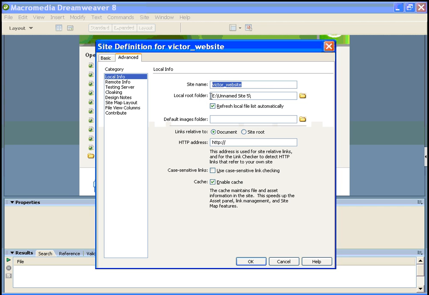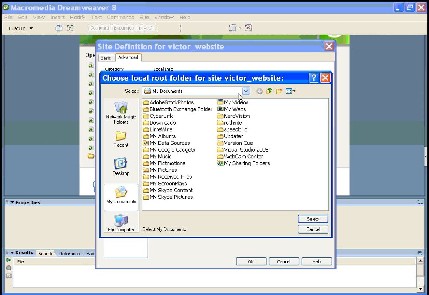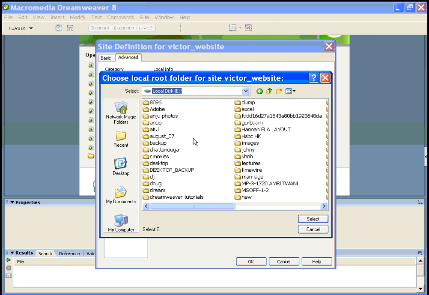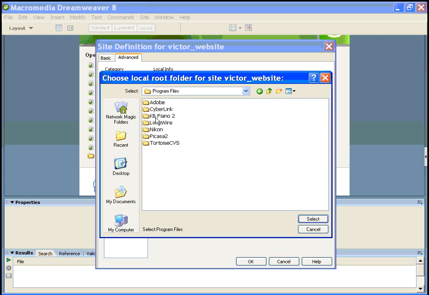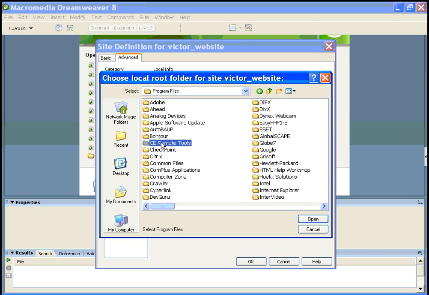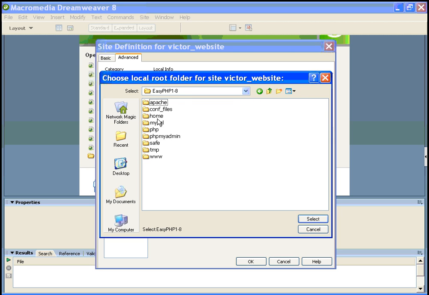Now this is the local root folder. It is asking us where your files are located, your HTML files, your CSS files, your images, whatever you want to publish. Simply click on this button, local root folder, and you can browse where your files are located. So on my computer, I know files are located in Program Files, and then EasyPHP,